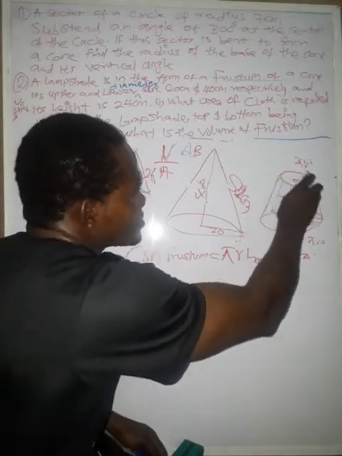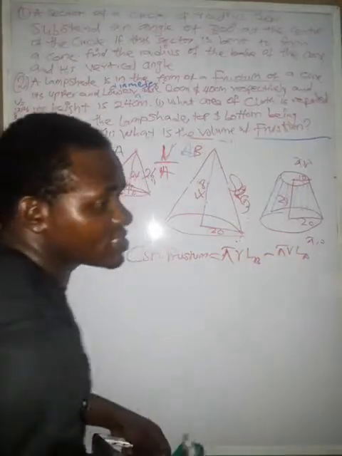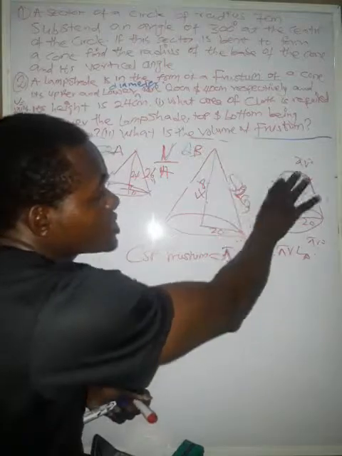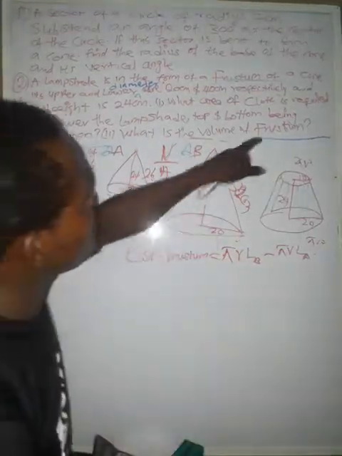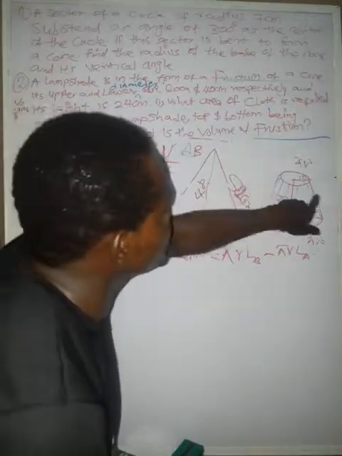You already know pi as 22/7. You now add this plus the value you get here. That will give you the total surface, the total cloth needed to cover this thing. But since the question said the base and the top are left open, then we only need this part.